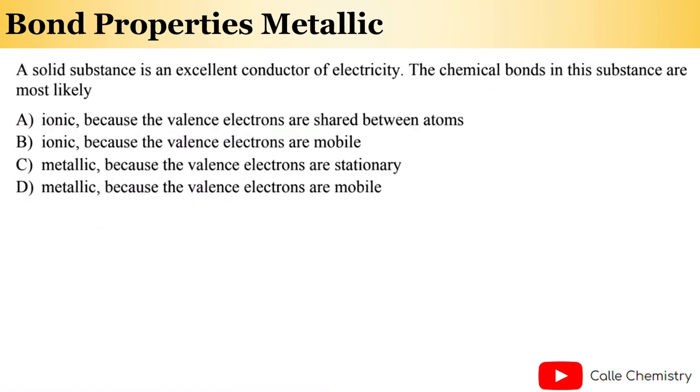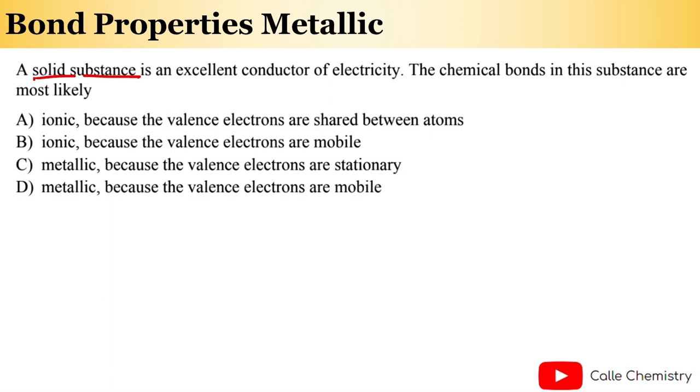Okay, let's move on to the next. Bond properties, metallic. A solid substance is an excellent conductor of electricity. The chemical bonds in this substance are most likely... Okay, something specific that it says. It says a solid substance. Now, ionic